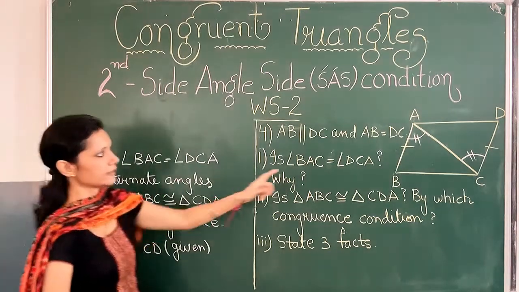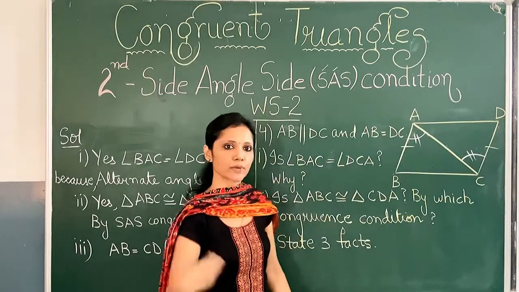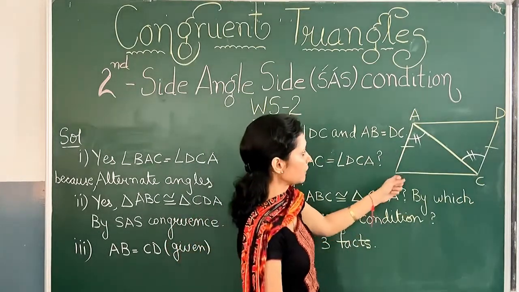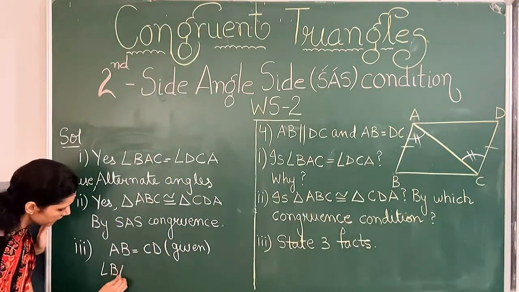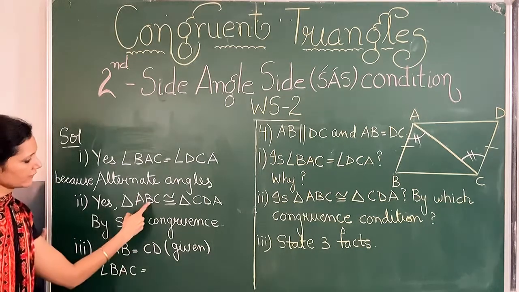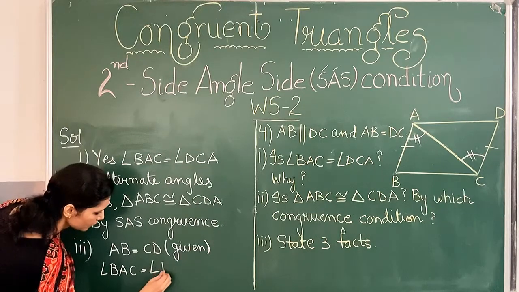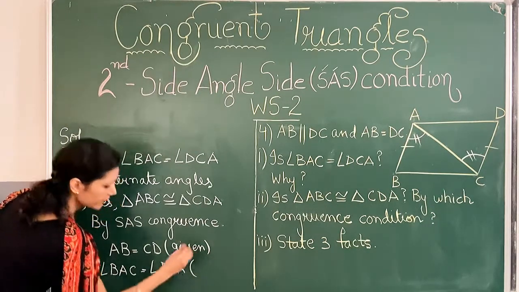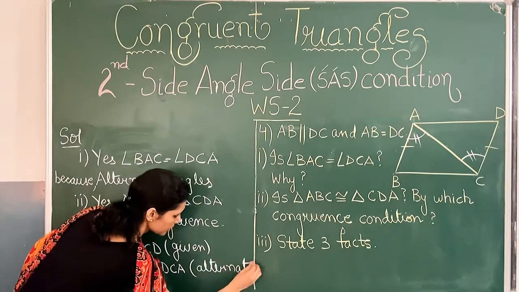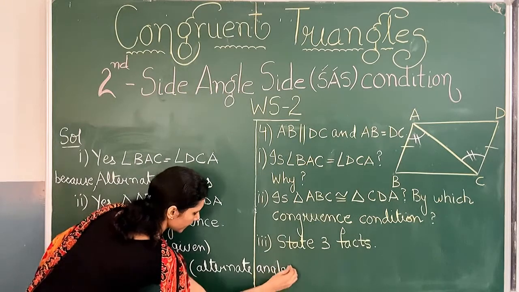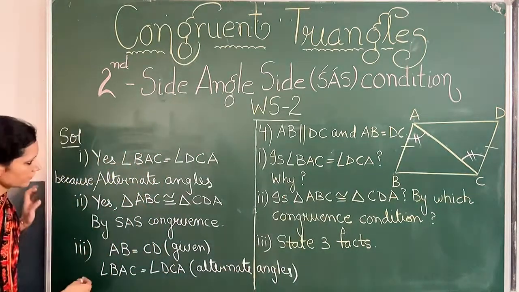The second is the angle. So again you can mark these angles as 1 and 2 and say angle 1 is equal to angle 2. I'll be writing the complete name. The name of the angle is BAC. So angle BAC. If I'm naming the angle as BAC, the other would be DCA. So it is equal to angle DCA. Why? Because they are alternate angles.